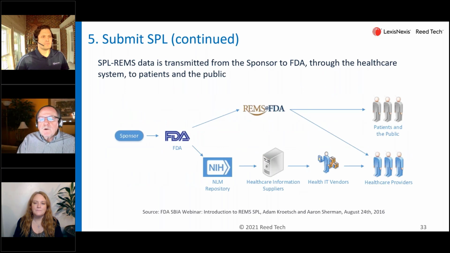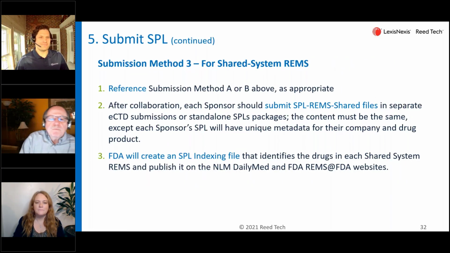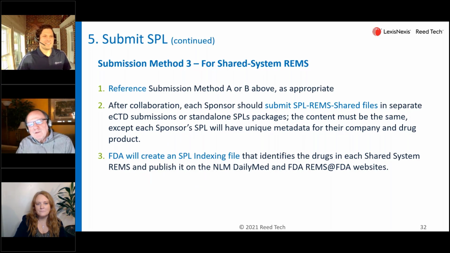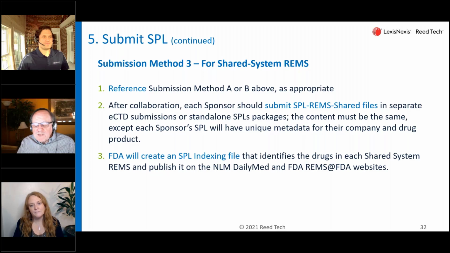There's one little nuance. There's a third method we need to talk about. We talked earlier about shared REMS. So now you might have 10 different manufacturers all working together. There's actually guidance about how this is supposed to happen, but they've obviously done this in the past. So there's a number of shared REMS out there, but now they need to agree on the SPL, the creation of it, and